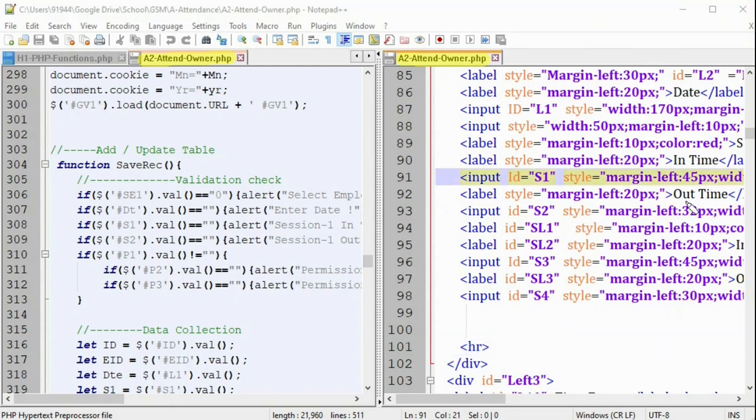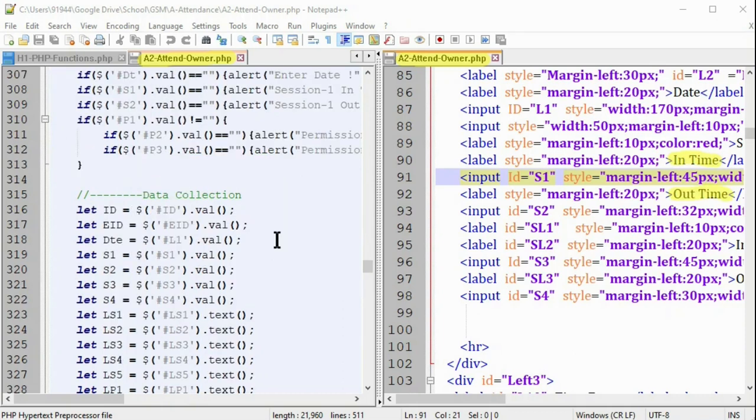Then we can easily understand that this S1 box is used for getting the in time of the attendance. While writing functions, I can easily understand which ID is used for getting input. For that reason, this clone editing is very useful to edit the same file in different locations.